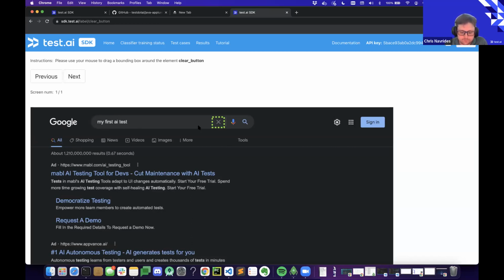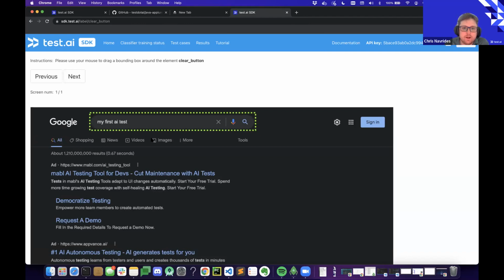If you put it as this entire search test box, something like this, then it would learn a lot more, because a lot more of these properties are staying the same, and it might actually figure that out the first time. So it really depends on how big that element is, and what the other unique properties are.